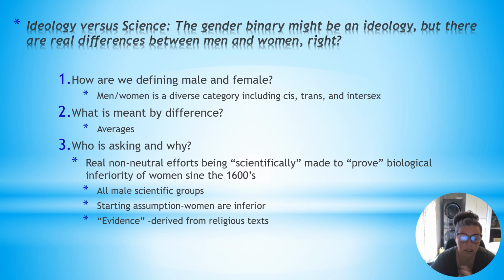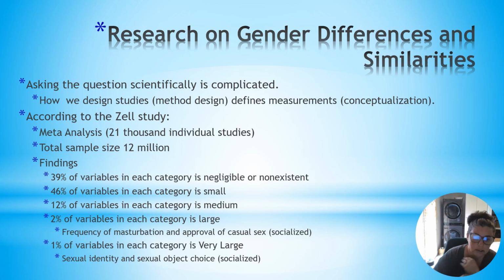And that was that men and women are different and that women are inferior in a variety of different ways, which then supports the idea that women should be kept out of certain types of environments or kept out of certain types of educational systems, science, for example, which is why it was conducted by all men. Today, we're less likely to do that.